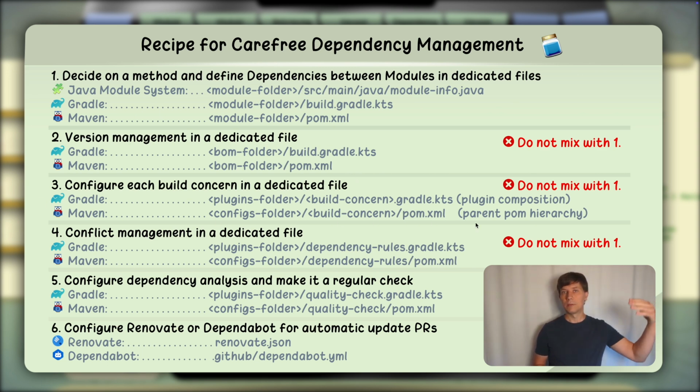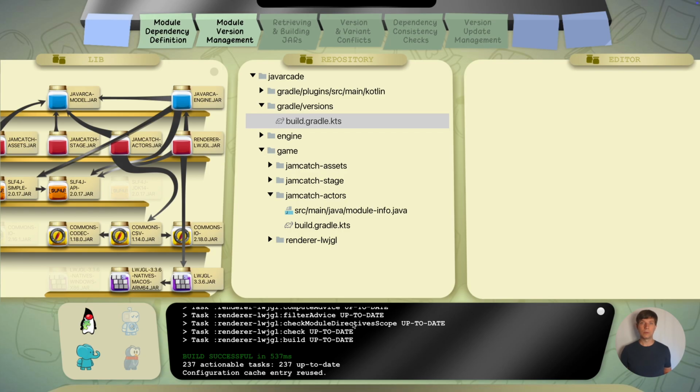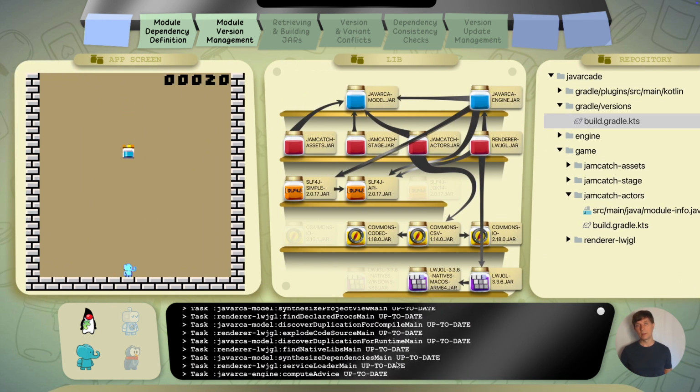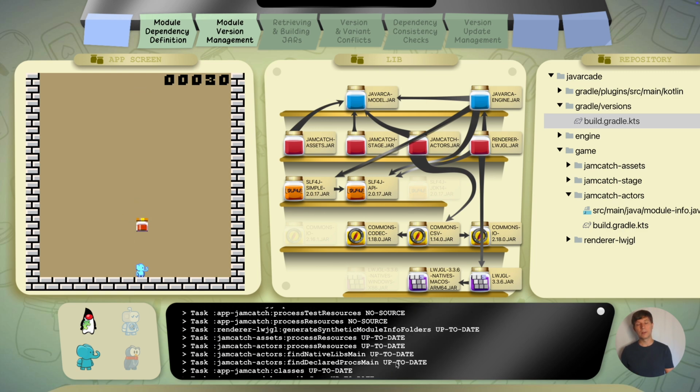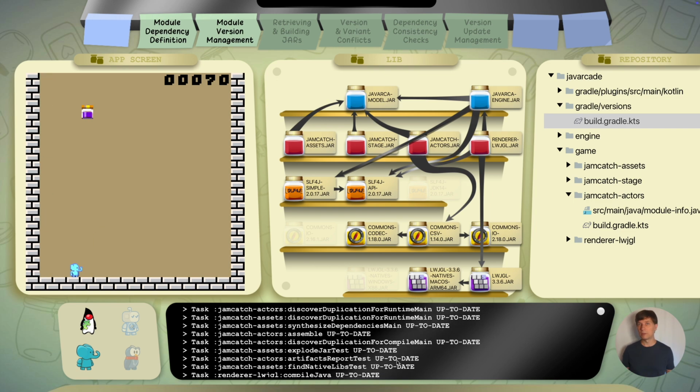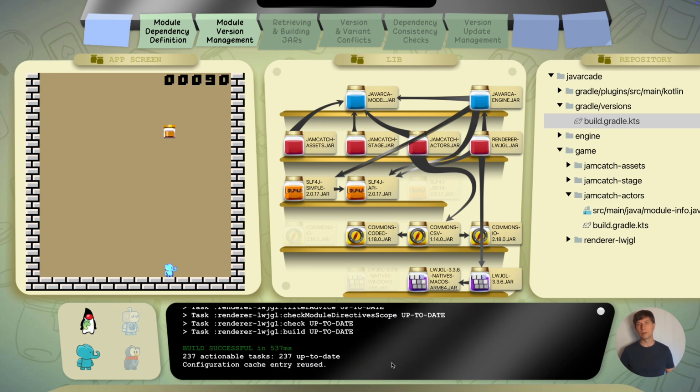How we make sure that the version information file is used in all of our modules is part of the next episode, where we talk generally about separating build configuration from the places where you define dependencies. If we run one of the build tools, it is able to download the modules we need based on all the information it has, compose the class path or module path, and run or package the application for us. Where we put the configuration for the build tools for doing this running, packaging, or testing of our software without interfering with the dependency management and module dependency declarations is what we look at in the next video. See you then.